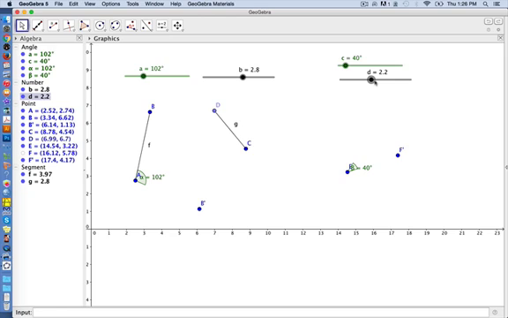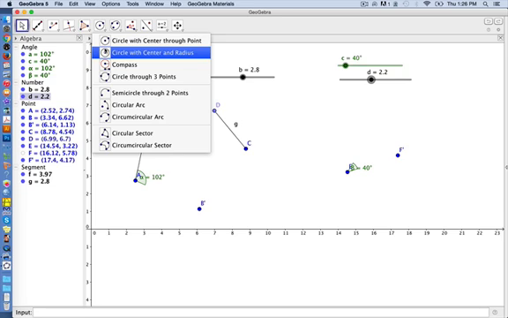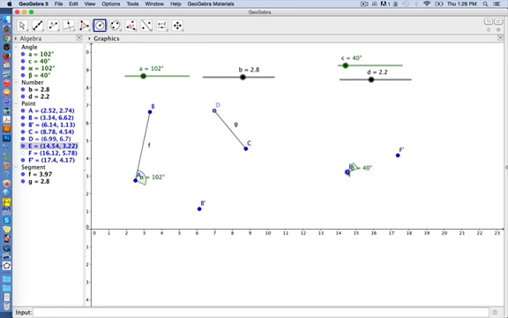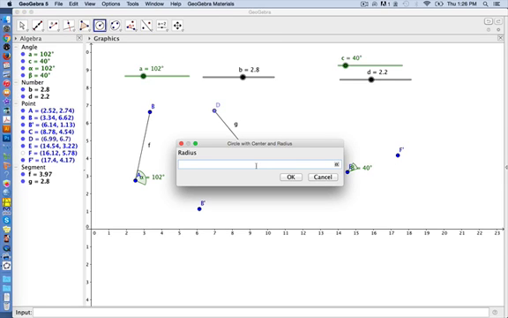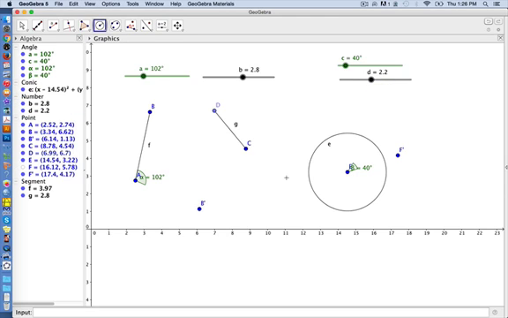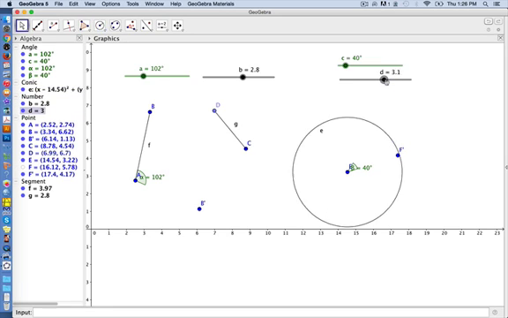So here's the trick. The trick actually is these hidden little circles. So I need a circle with a given radius. All right, so I'll click this. Note this too, if I make a circle, I want the center to be at E. If I click and hold and drag, it'll actually make my circle, right, which I don't want to do. If I just click and let go, it'll actually ask me what the radius is. So this is circle with given radius. And I want the radius to be my slider. Right, so I hit OK. And now you can see the radius of this circle